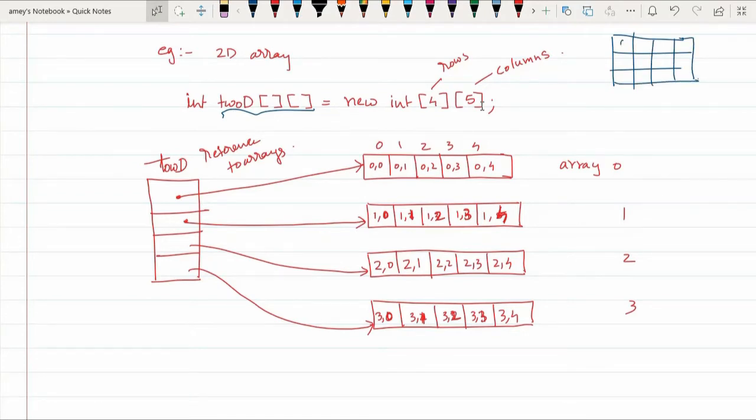So this will be 0,0, 0,1, 0,2, 0,3, 0,4, and then 1,0, 1,1, 1,2, 1,3, then 2,0, 2,1, 2,2, 2,3. Although we say it's contiguous memory, this will be the first memory location, next, third, fourth, this the fifth, sixth, seventh and so on.